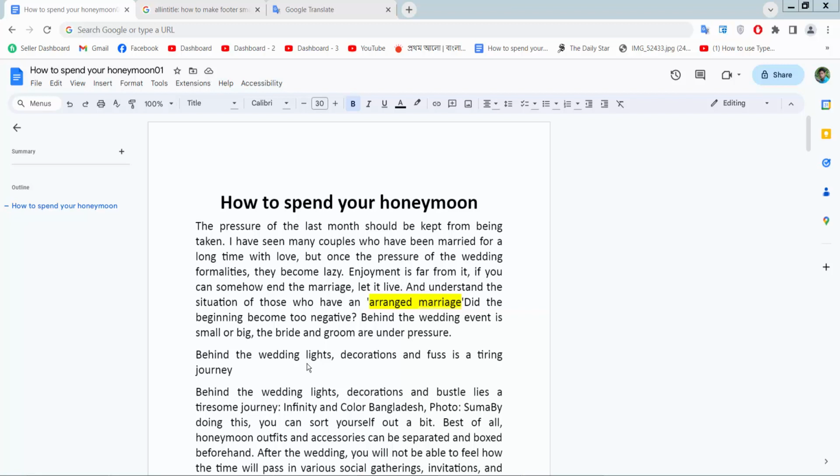Hello everyone, today I will show you how to add a header in Google Docs. We can add a header in Google Docs two ways. First way, click the Insert option